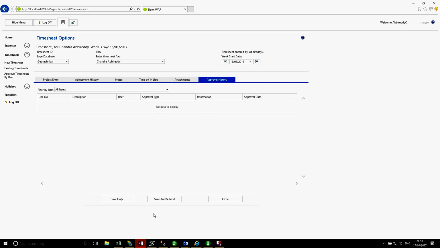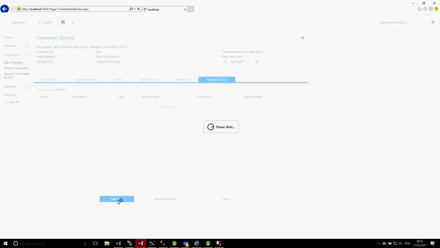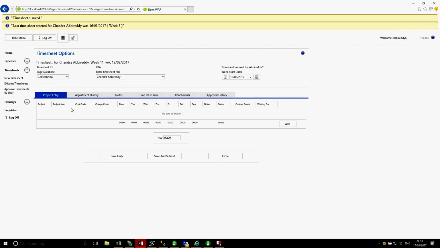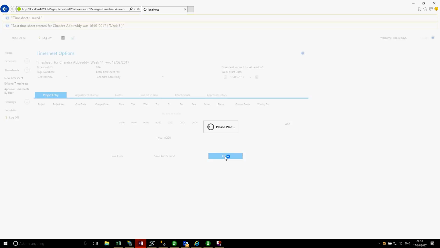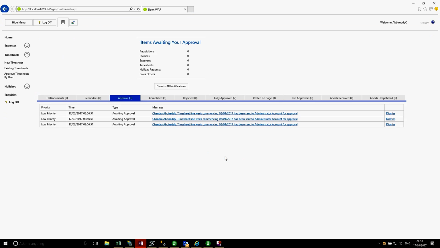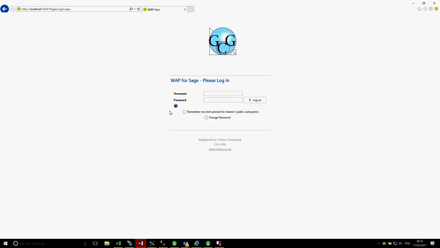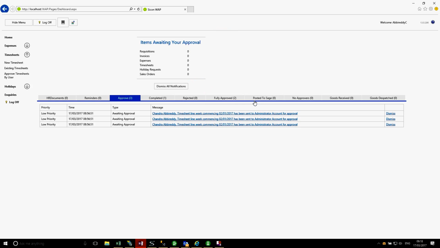In this instance, we are going to do save only. When we click the save only, the system will go through and give the timesheet a number. In this case, it's timesheet number 4. And it confirms who it's for and the week number. If we close this now, if we log out and we log back in again, this is just showing you if the user logged out of the system,